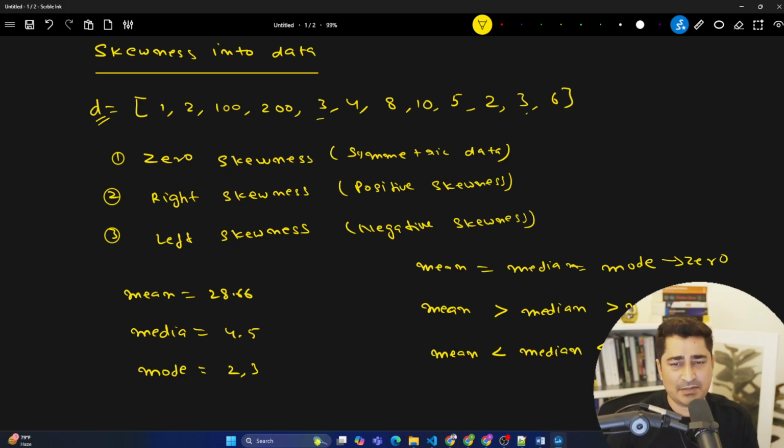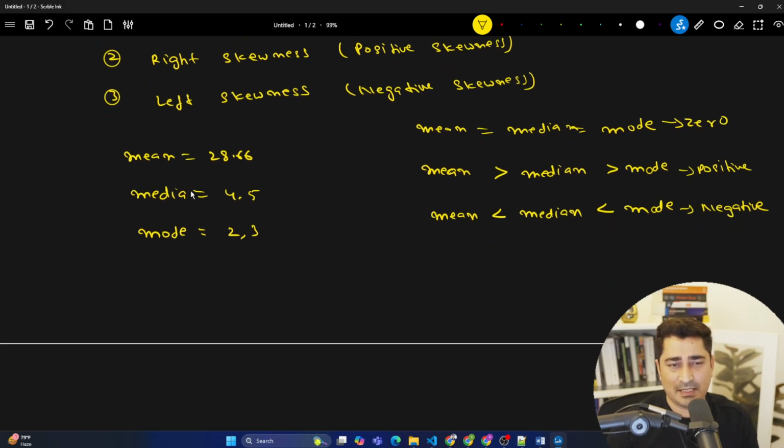Now just with this analogy, what are we able to figure out? In which condition is my data set falling? Let's suppose this is condition number 1, this is condition number 2, and this is condition number 3. So can I say that my data set, as per this mean, median, and mode that we found, is falling under condition number 2? Yes, guys?